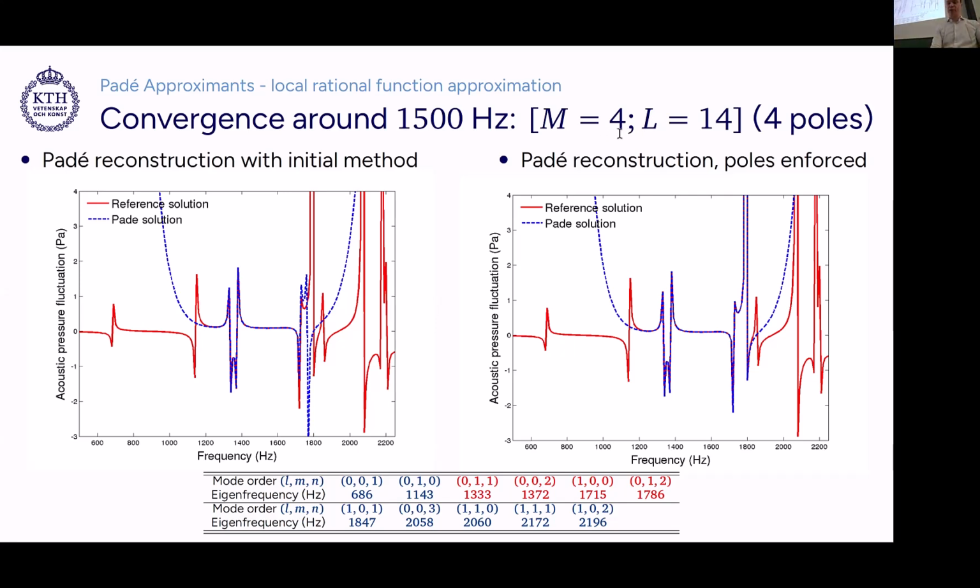M is equal to 4, which means that we have included 4 eigenfrequencies for the expansion of the rational function of our interest. The 4 eigenfrequencies that have been included are the 4 that we have here in red. So we know that at best with this rational function, with an order of 4 for the denominator Taylor series, we can reach a convergence between 133 Hertz, 1333 Hertz, and